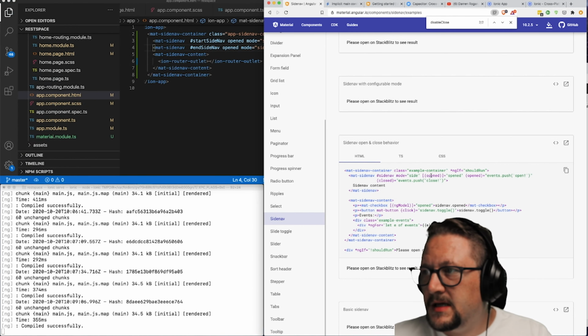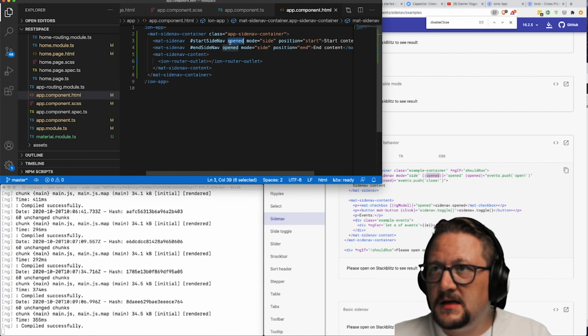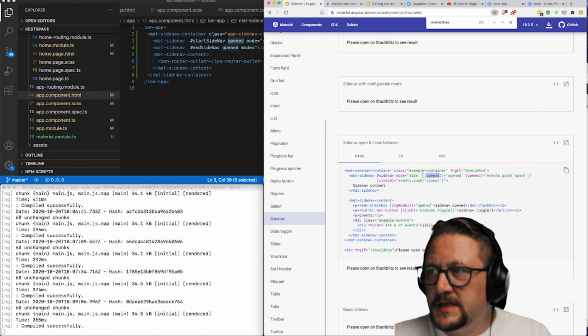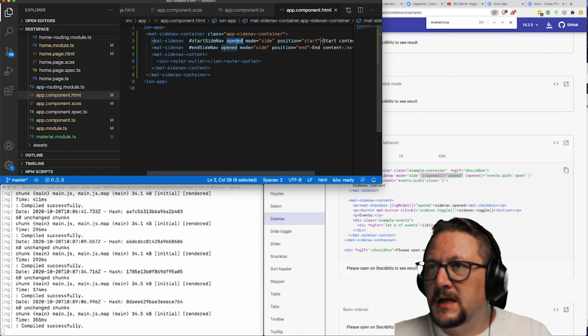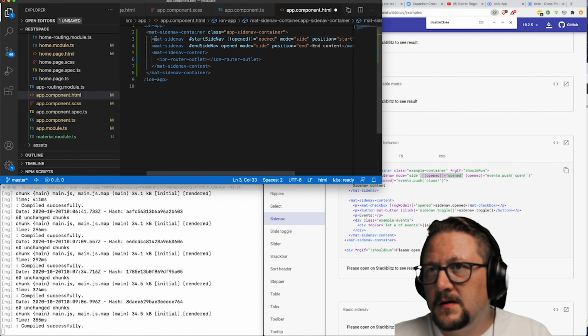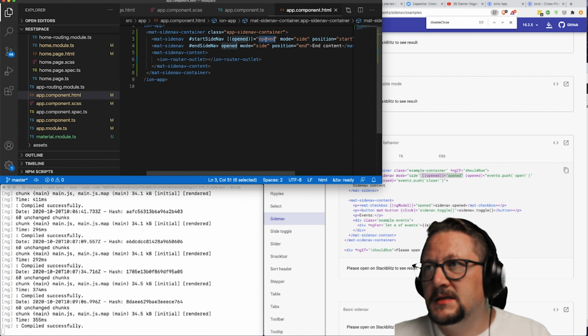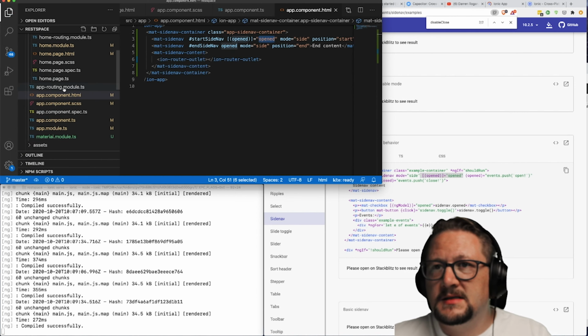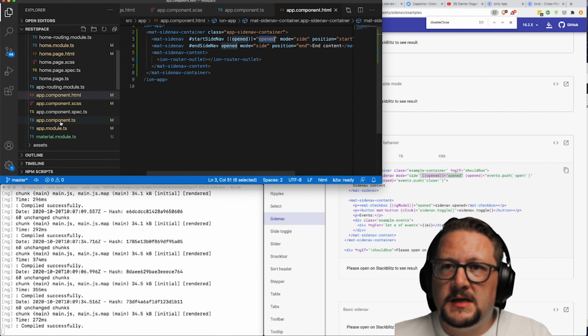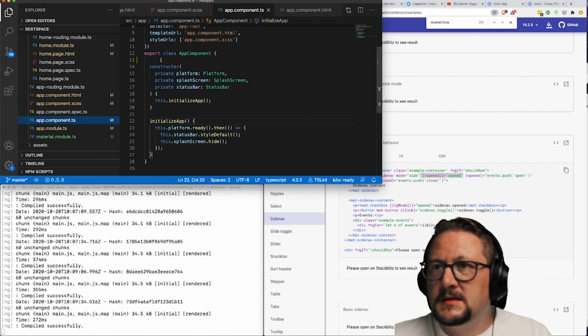Then as you can see here, we have opened, which is just defined here, which is basically the equivalent to true. But what this is going to do is it's actually going to do binding. So it's going to bind this to a variable named this name. So if I take this over and replace that with this, it's now saying that this opened parameter on this component is going to be bound to this open field. Now this doesn't exist yet,